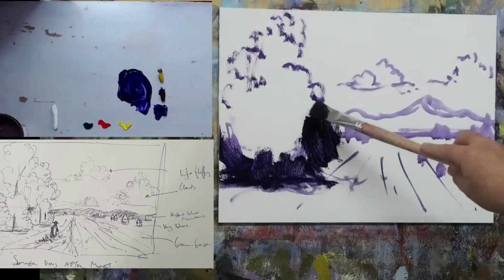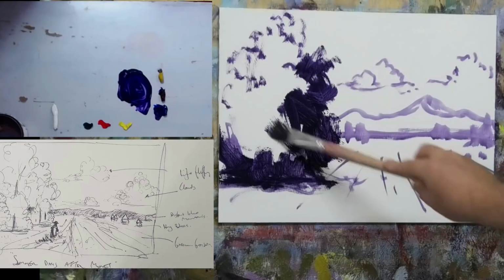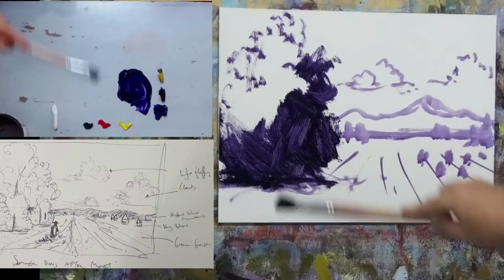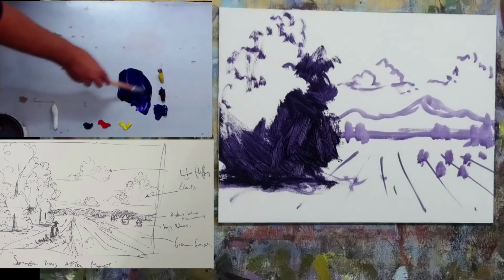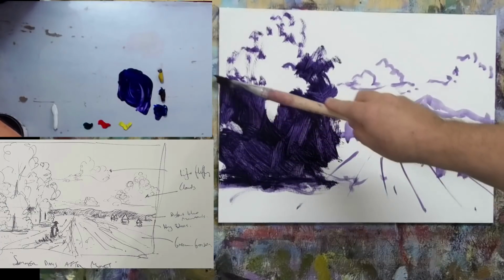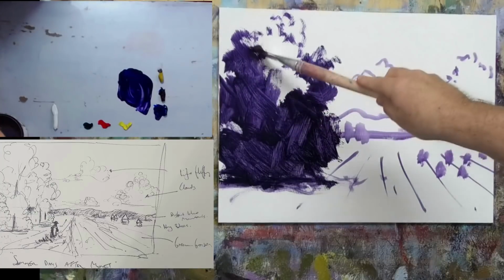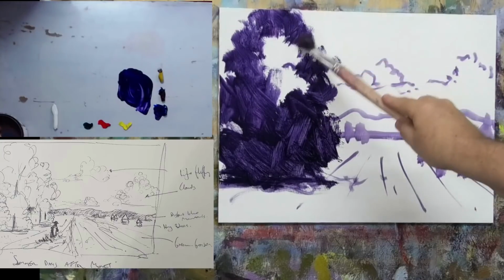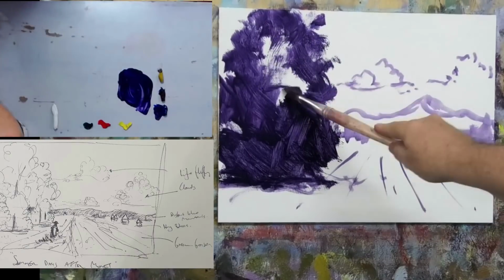So whenever we do our blocking, we're utilising thin amounts of paint, because we want to then be able to paint over that. So our darks are always done fairly thin, utilising semi-transparent or transparent colours, so it doesn't end up too strong, the dark, right? By using just a little bit of water in there, keep that paint thin. What that means is when that water dries out, I can then come back in and work over the top of it with our midtones